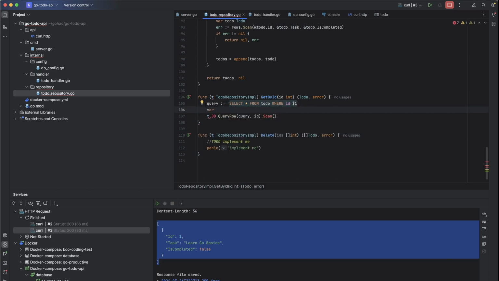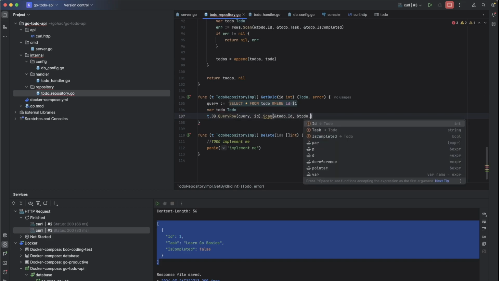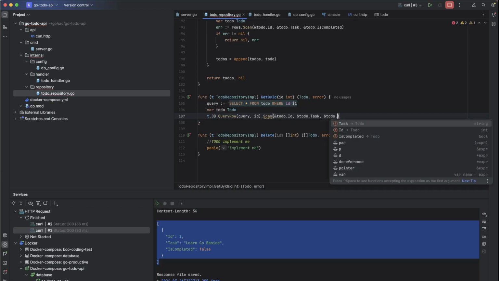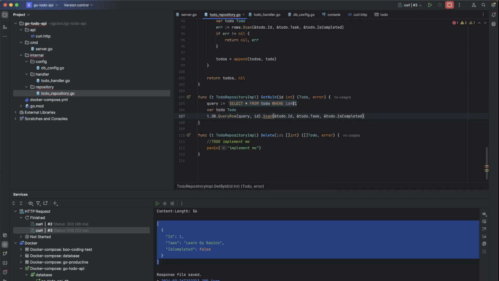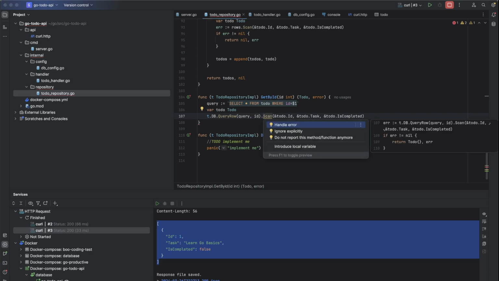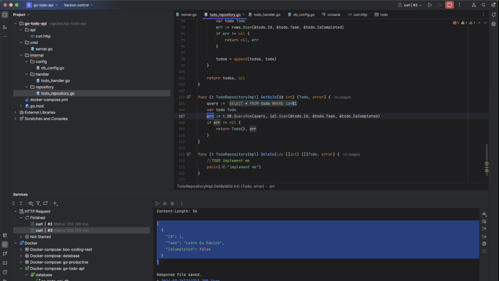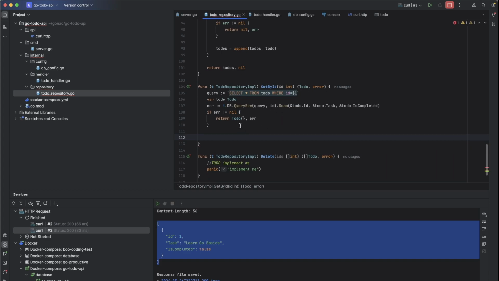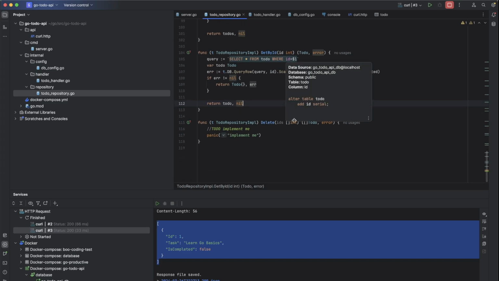We will provide the temporary variable for todo, pointing to todo.id, todo.task, and todo.completed. Then we will handle the error. If there is any error, there will be no todo returned. If error is not present, then we will just return the todo without any error. Alright, that's all for the get by ID.